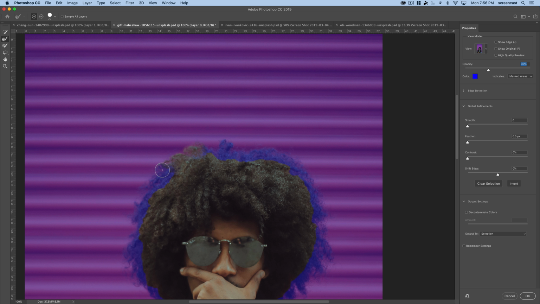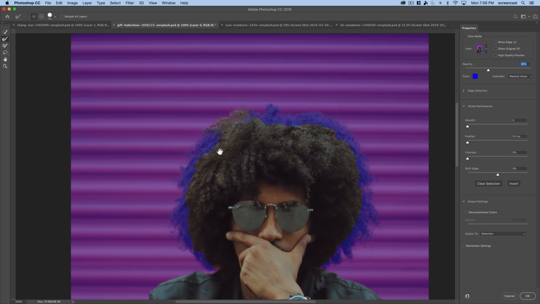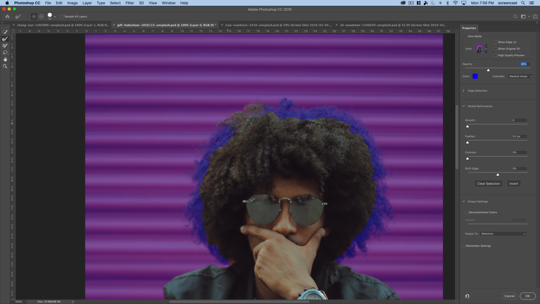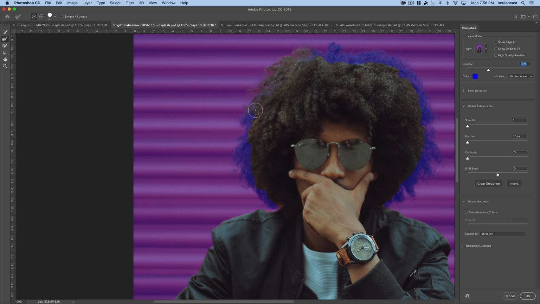Now I'm just going to paint down here along these edges, and then periodically just let go of the mouse button and it will apply that command. You don't want to try to do too much at once. So then you just come down through here and paint. I'm just moving the mouse here back and forth, and then let go. And then move back down here and paint